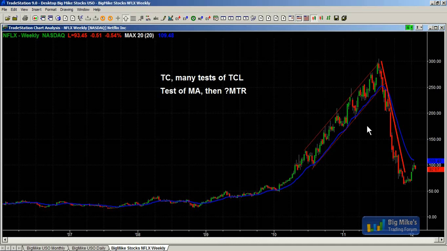I mentioned many times last year that I was a subscriber to Netflix, and that right before they talked about raising rates, I canceled my subscription because I thought the product just wasn't good, and I didn't understand how the stock could be going up so sharply when the product just isn't that good. And apparently a lot of other people felt the same way.